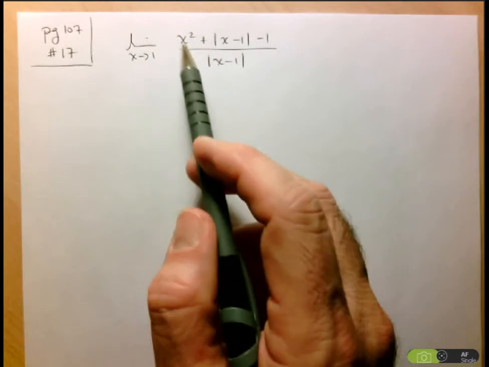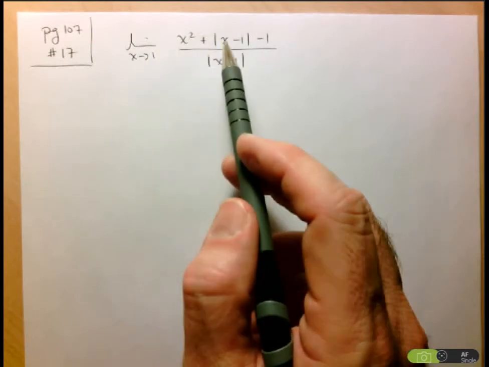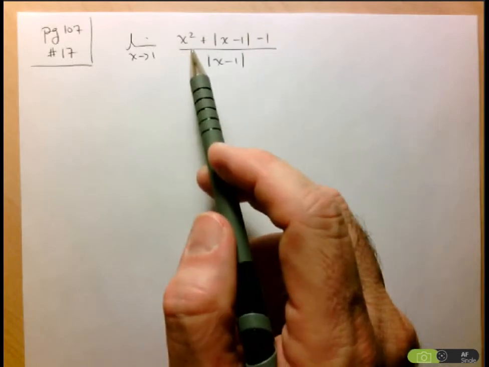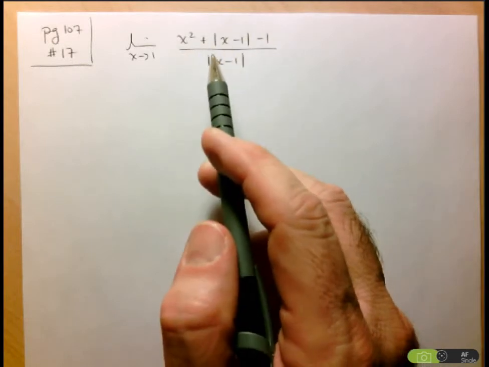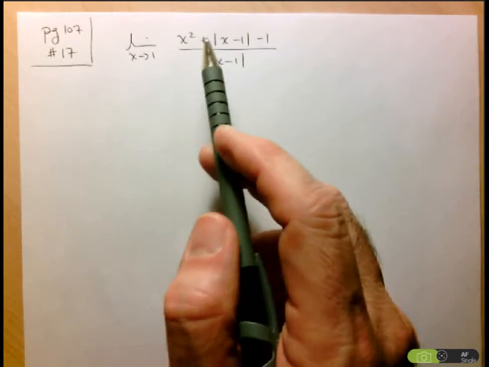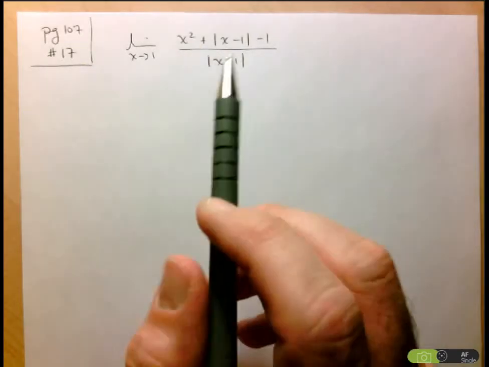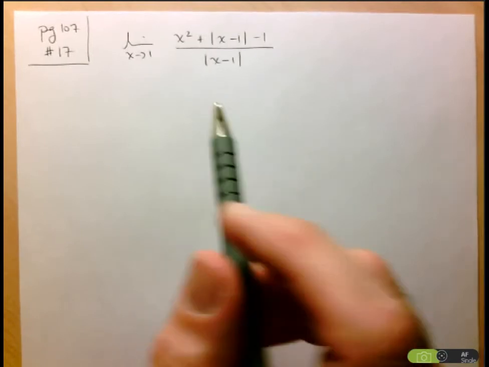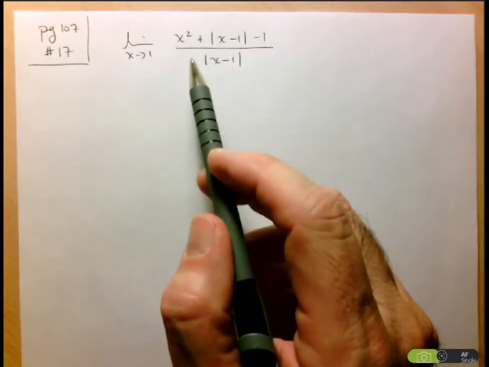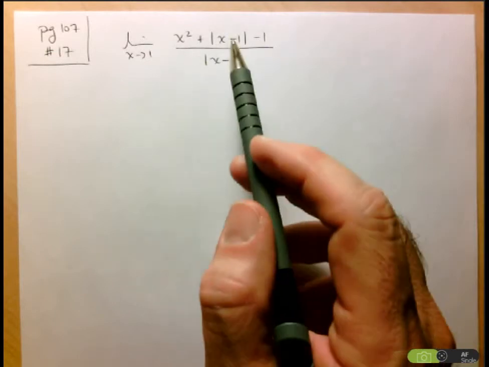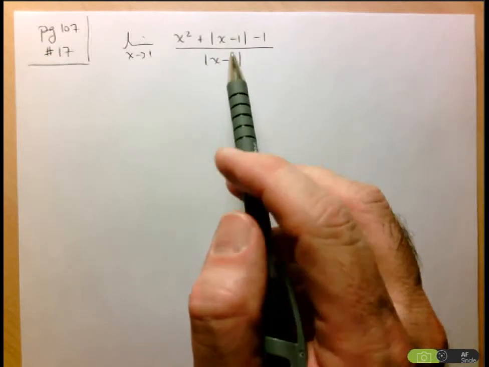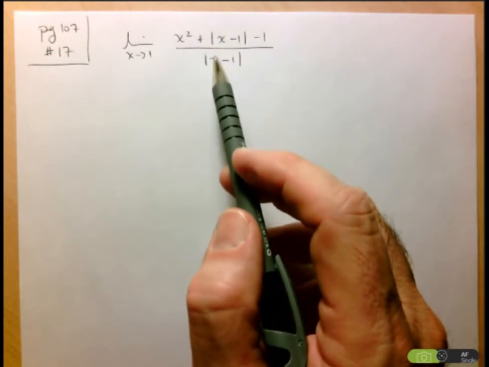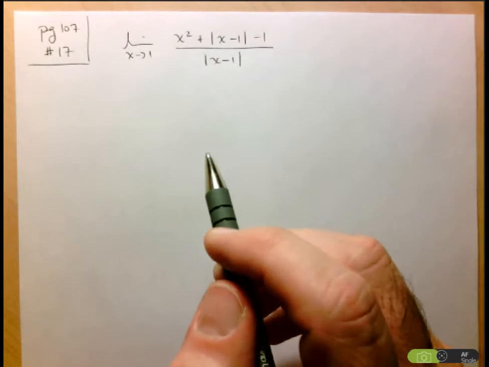So if we let x equals 1, we have 1 plus, this is just 0 minus 1, so 1 minus 1, 0. So we have an indeterminate form, meaning we have to do some investigation to see whether this limit exists or not. So this, again, I hope people really are paying attention when I make this comment. Anytime you have to deal with a limit, and we'll see even in other circumstances, when you have to operate with an expression that has an absolute value, the way to do that is to write it as a piecewise